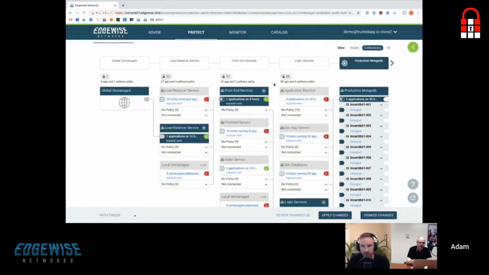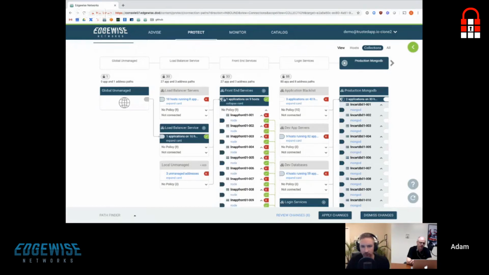It's a search string that you need to match. Anytime that we see a matching entity in the environment, whether it be software or server, it's automatically going to be added into the segment and inherit any policies that we put on that segment. So as an example here, during the holiday season, perhaps my e-commerce site is going to see a lot more traffic, which means I need a lot more of my front-end servers to be running in their load balance cluster.